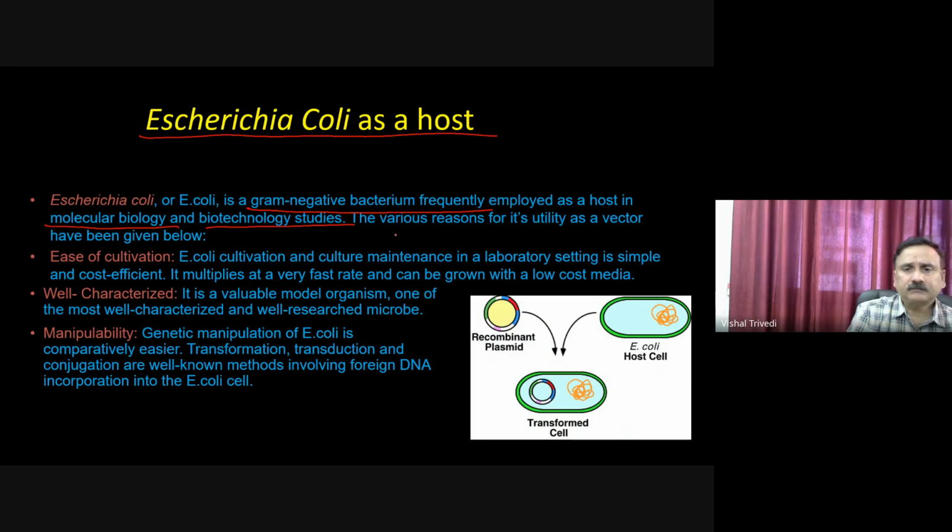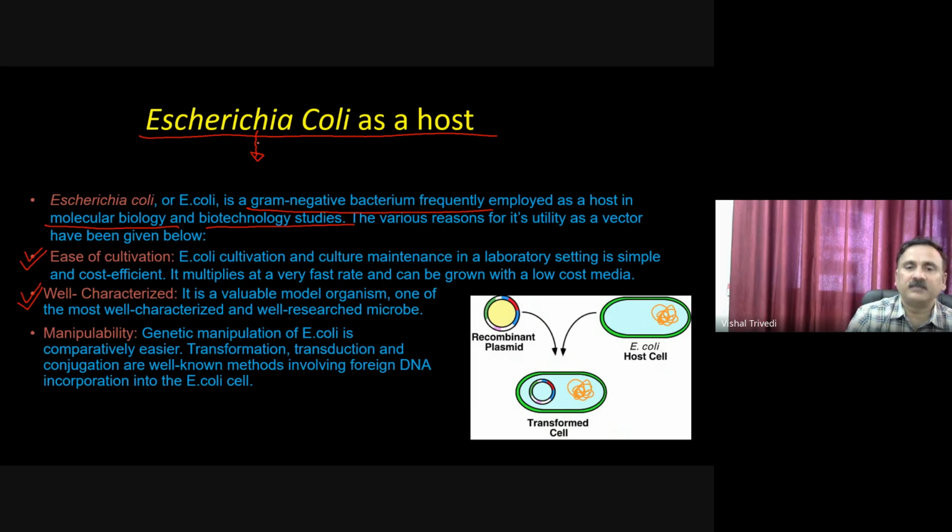The very reason is that E. coli is easy to cultivate. E. coli is well characterized because this is probably the first bacterium humans started working on. We know a lot of things about E. coli,